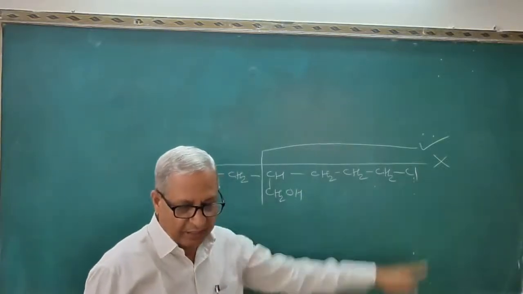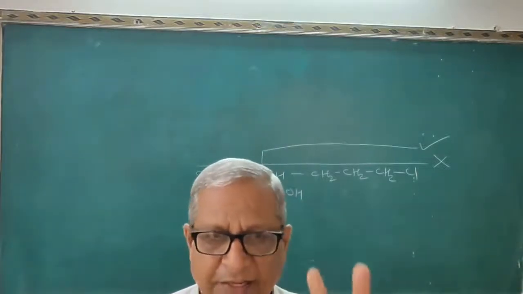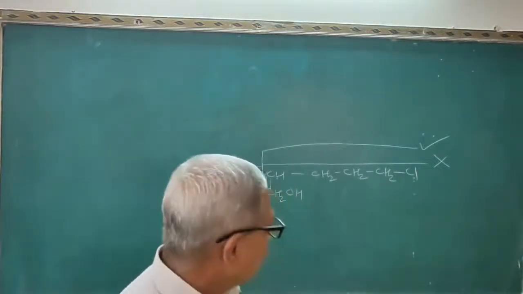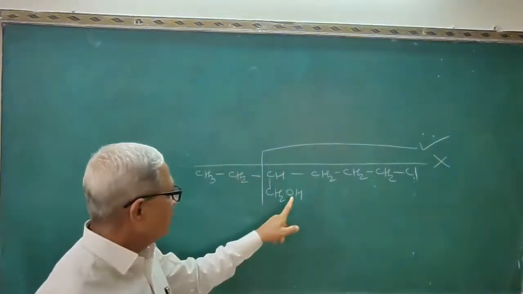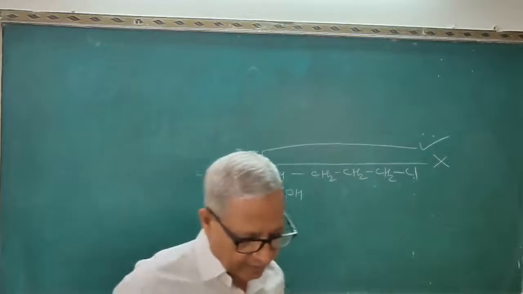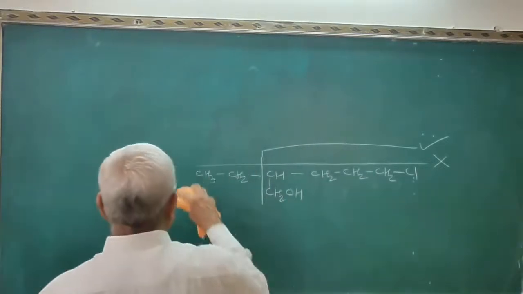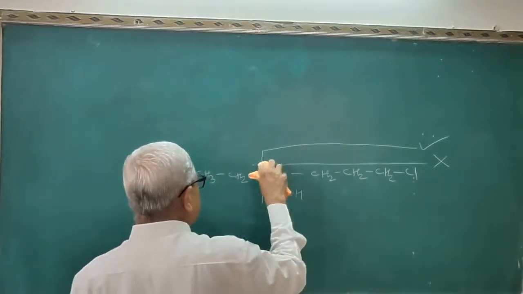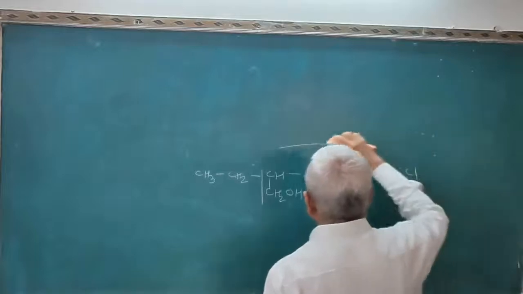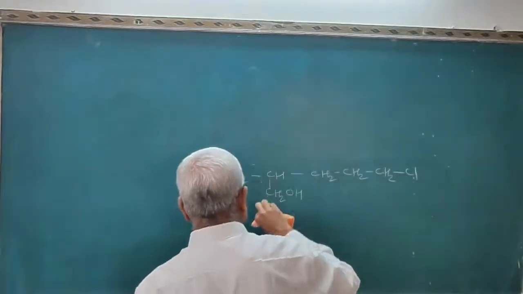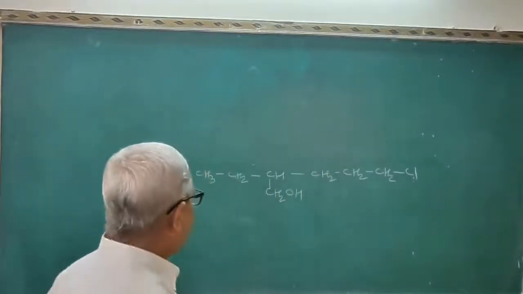as well as Cl. This is a bifunctional molecule. It contains 2 functional groups. One is the halogen, particularly chlorine, and second is alcohol. You have to follow the preferential order of the functional groups. So the preferential order of functional groups indicates that alcohols are more preferred than the halogen. Therefore, we have to give the lowest possible number to the alcohol, not to the halogen.